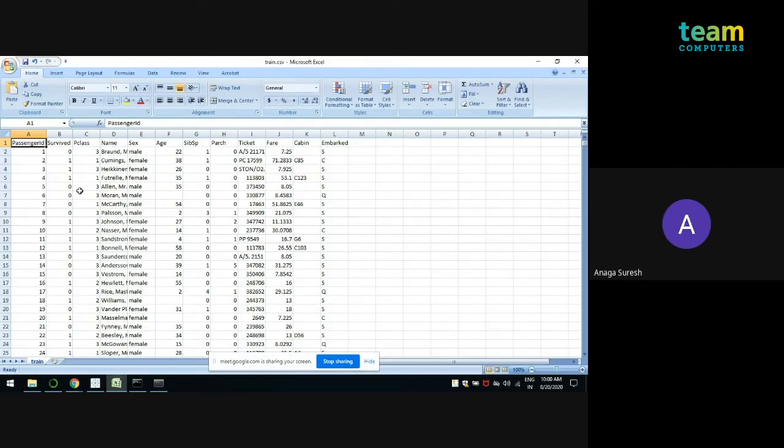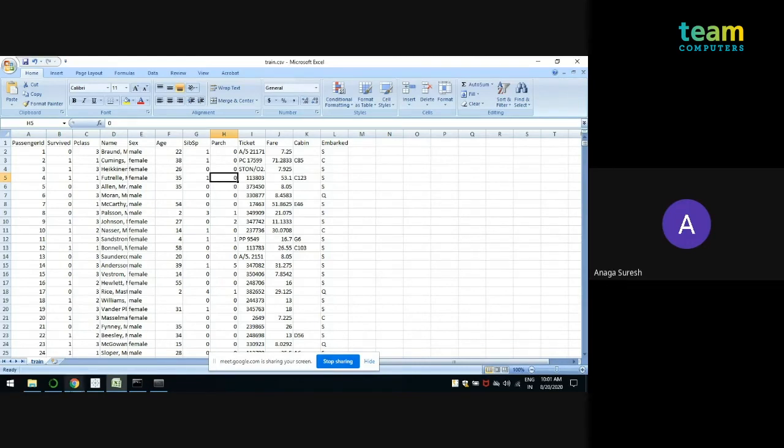In this algorithm, we have to predict whether a particular passenger traveling on that boat will survive or not. The survived column is present in the training data, and in the test data which we will be testing. I will deploy this training data in my machine learning algorithm, and for testing I will put in parameters like Pclass, name, sex, and age, and the system will predict whether that particular passenger survives or not.